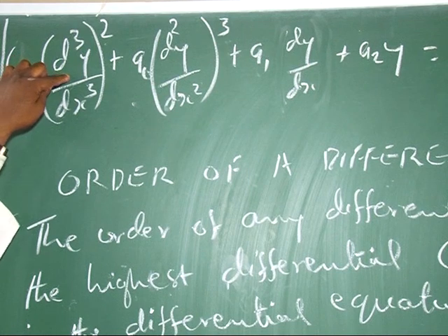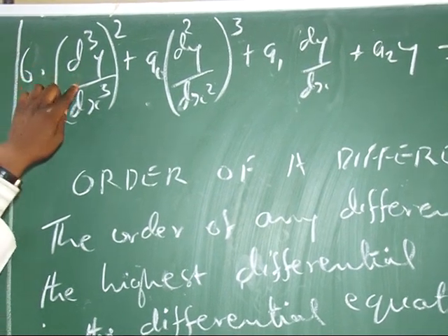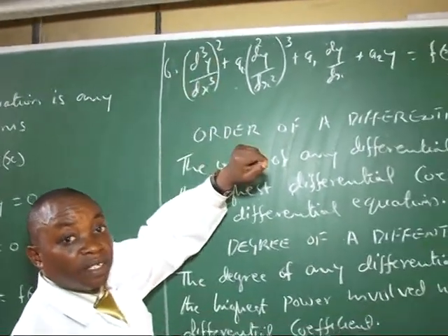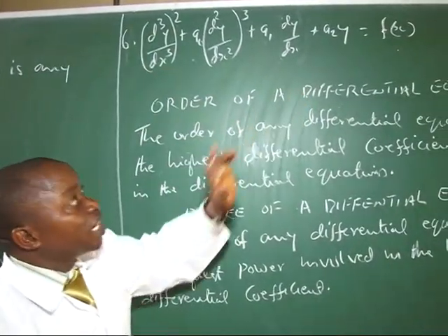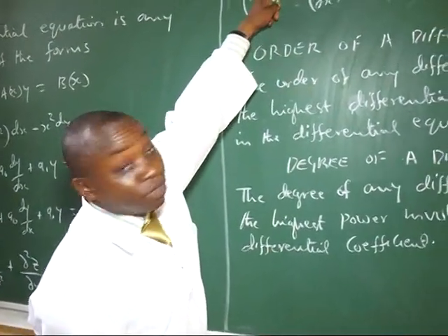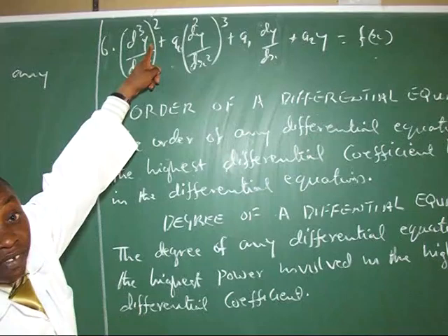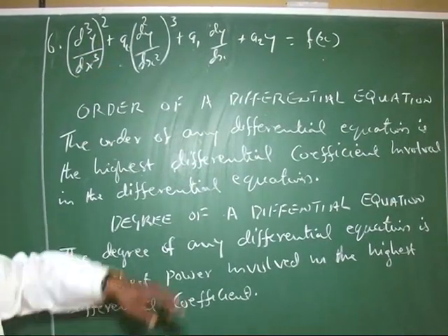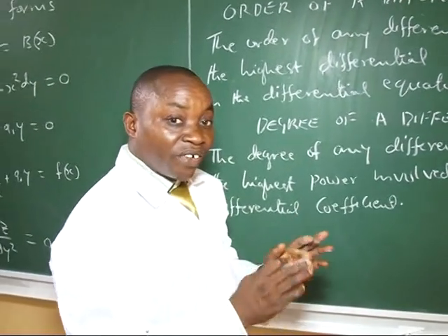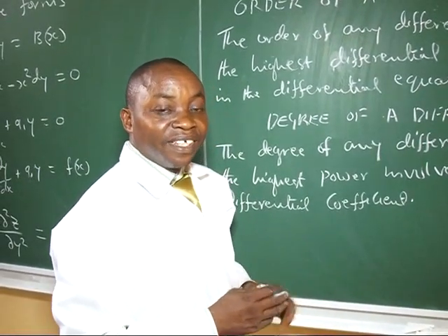So this one is the highest differential coefficient and it carries power 2. So we will name this equation based on that power. And so we call it a third order non-homogeneous differential equation of degree 2 because of the degree that is involved in the highest differential coefficients. So that is how the degree and the order of a differential equation is